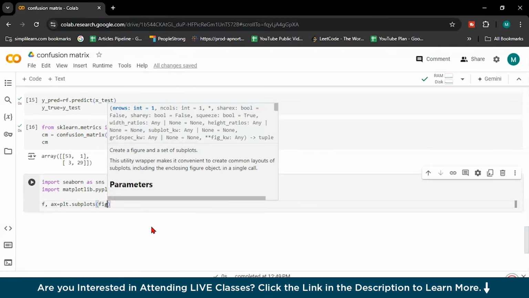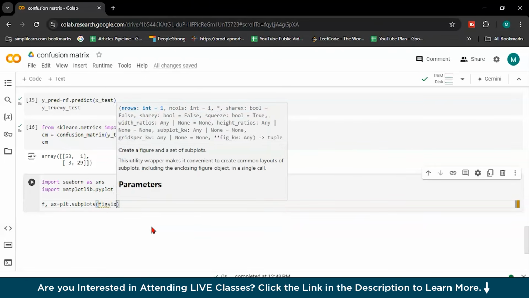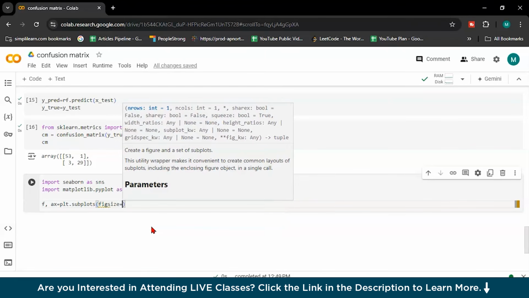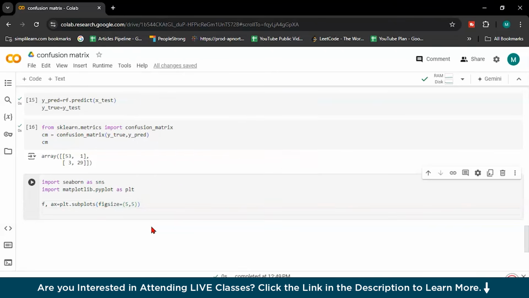Let's give the figure size equals 5,5. Then sns dot heatmap,